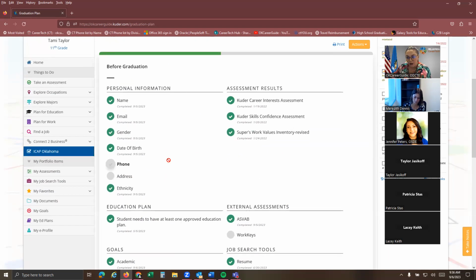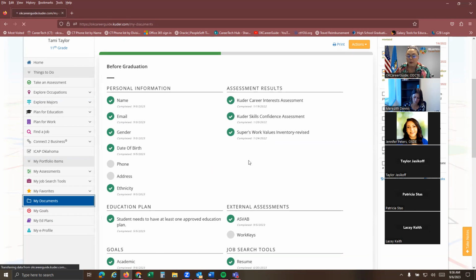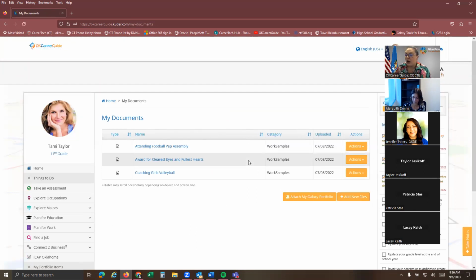And then from there, I would send my student over to my documents in that left-hand menu. And I would have them upload a work sample document that shows the evidence that they did their work-based learning experience, whatever that may be. So we have reflection forms for guest speakers. We have reflection forms for career fairs, things like that. I will share those with you in an email, and student can fill that out, scan it, and they can upload it. They could just scan it on their notes app on their phone.